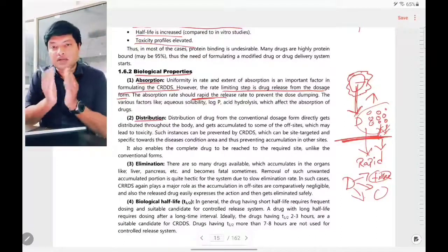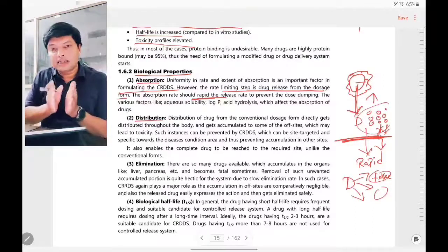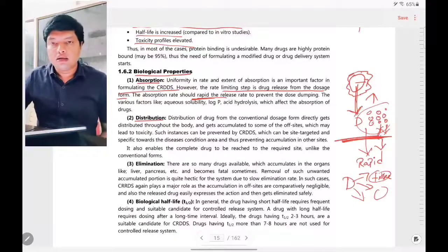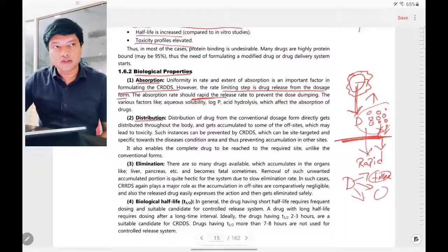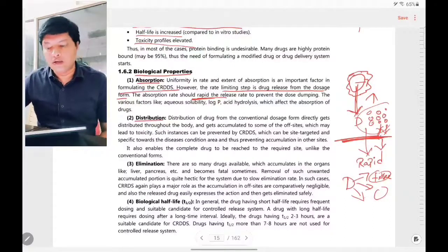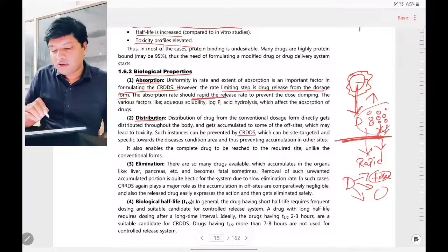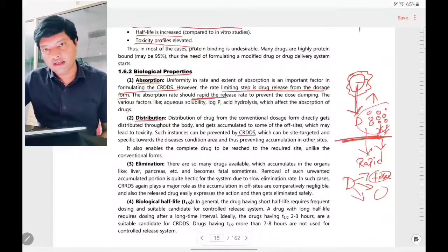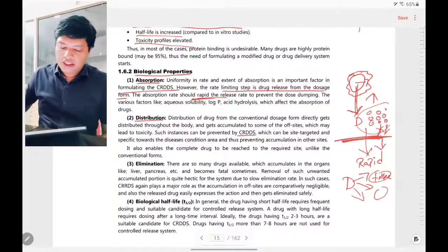By controlling the release of the drug, this accumulation can be reduced, or by targeting the drug release only to the site of action, you can nullify the negative effects due to drug accumulation. So by converting the dosage form into controlled drug delivery, you can stop the accumulation of the drug or the side effects due to the accumulation of the drug in the tissues.